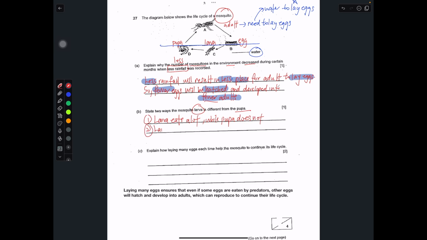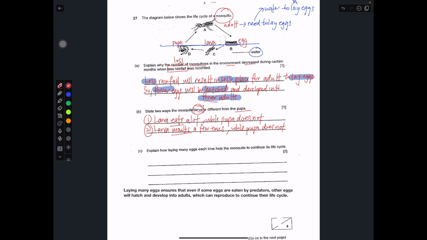The larva also molts a few times, while the pupa does not. So over here you have to recognize that eating and molting are characteristics